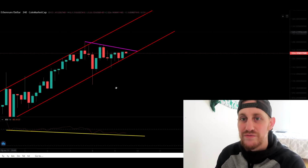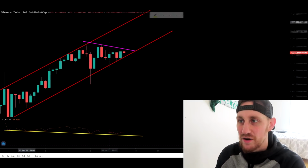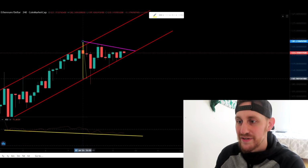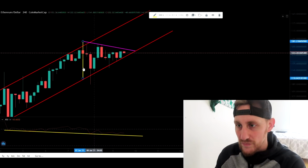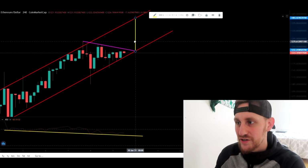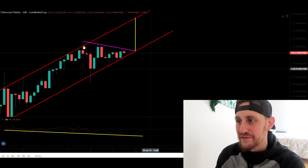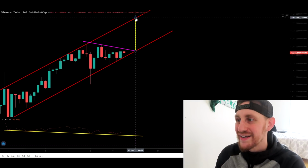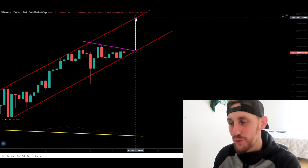So if we move this down here, right, and we take our measured move. So in the symmetrical triangle, right, the measured move would be to the top, to the bottom of the triangle here, which would be right there. Let's just say it breaks out right at the apex, right? This would fit perfectly, right? You guys can see the measured move to the upside would be right at basically the all-time high at about